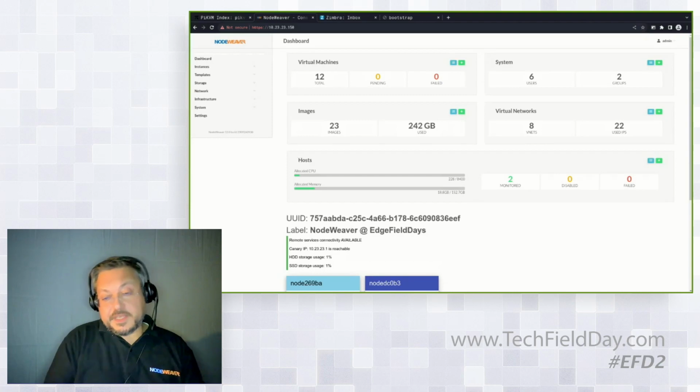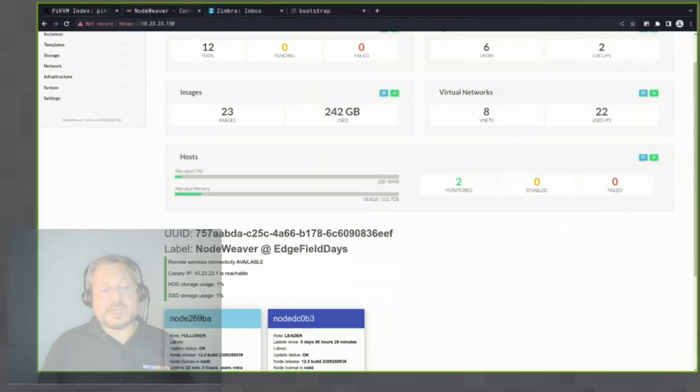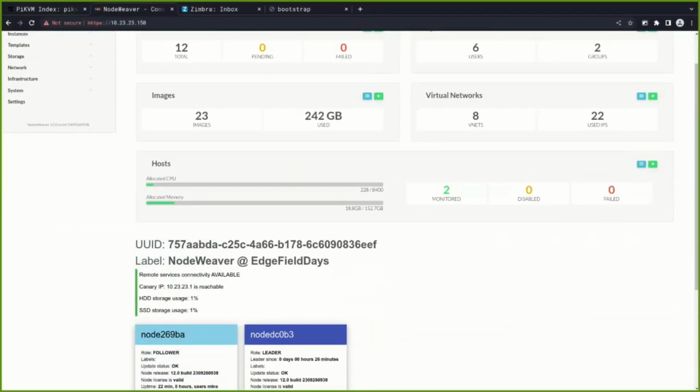The key idea behind NodeWeaver is that it should behave exactly like a public cloud. So it should be a transparent service and should hide the hardware properties of what it's run on, because in this way, we are able to provide easier manageability, especially when you have thousands of locations with different hardware